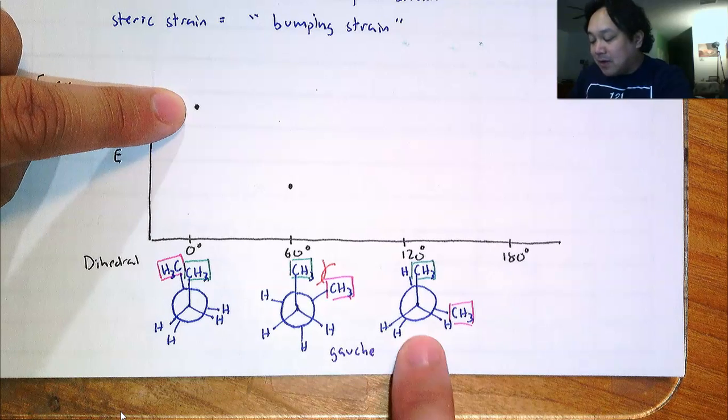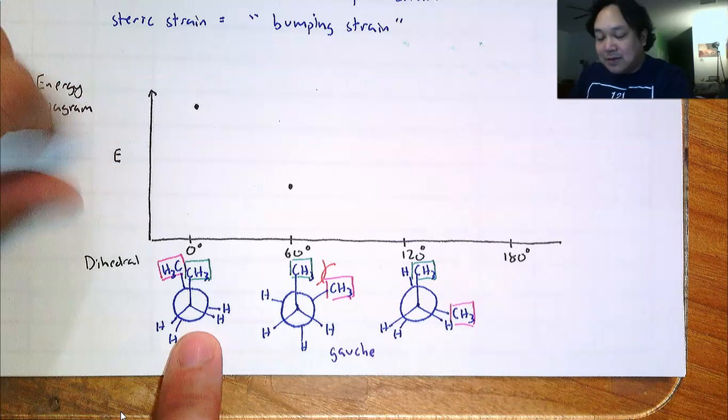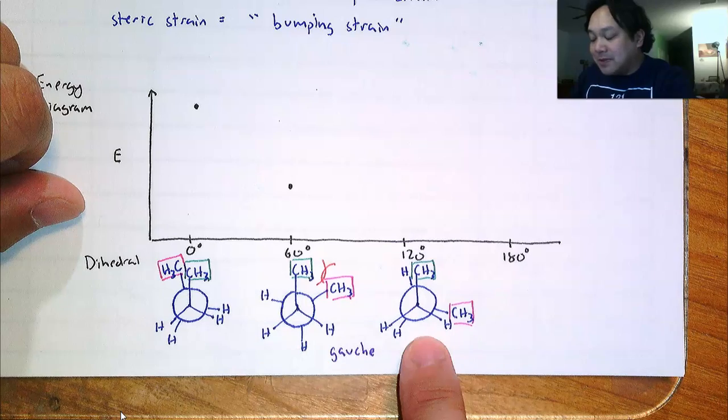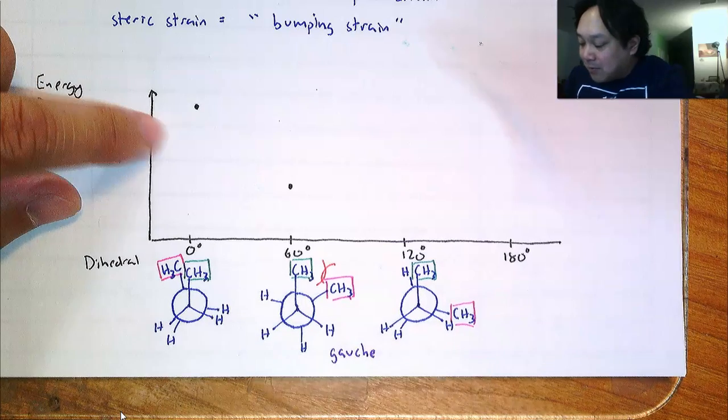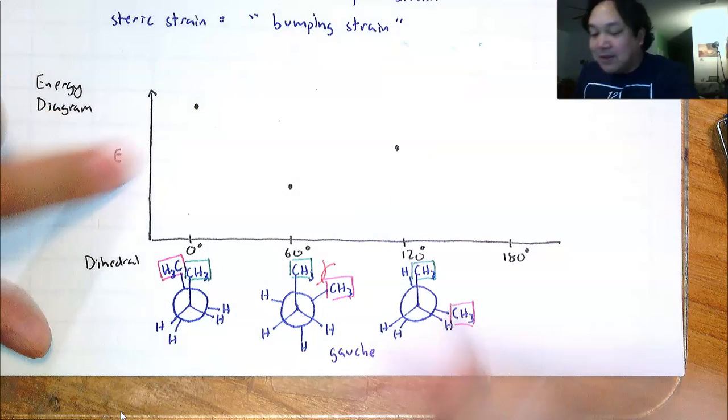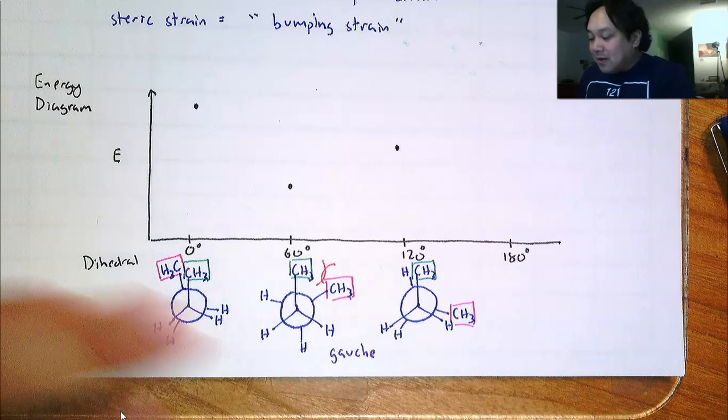Well, this conformation is more stable than this eclipse, but it's less stable than staggered, because all eclipses are less stable than staggered. So we're going to put it in between these two dots in terms of the level. Okay. And then the last one,